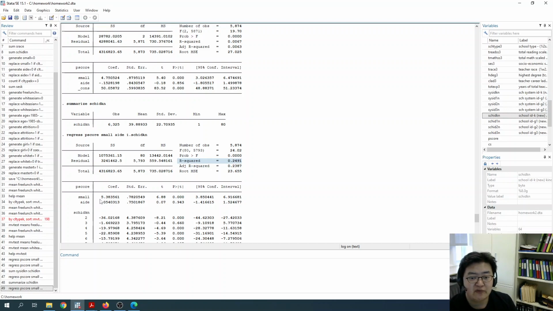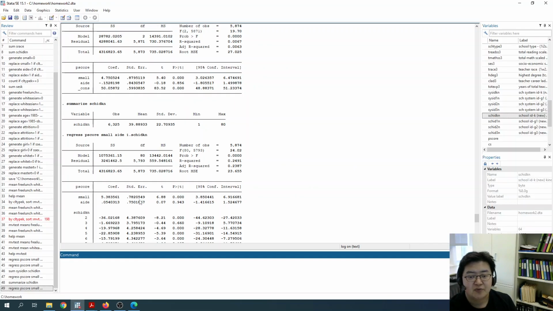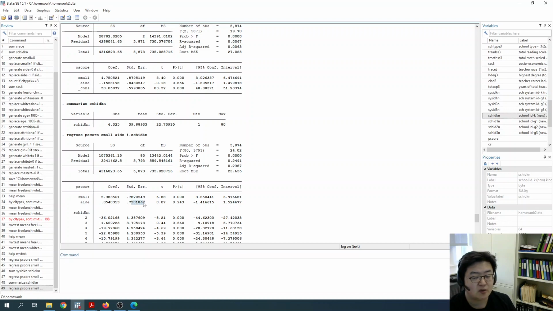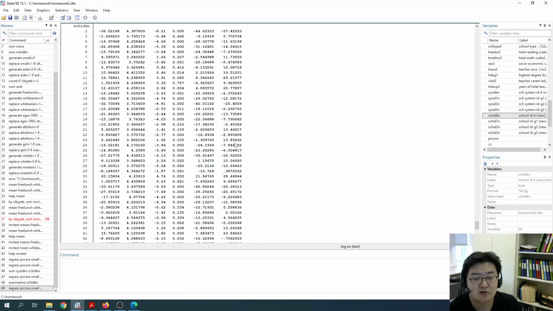And also the estimated coefficients change. Still they are similar but a little different from these. And standard errors are also recalculated. They are different. So you make another table. You make the second column out of this table. So the idea is i dot school identification. This includes the school fixed effects, and the other